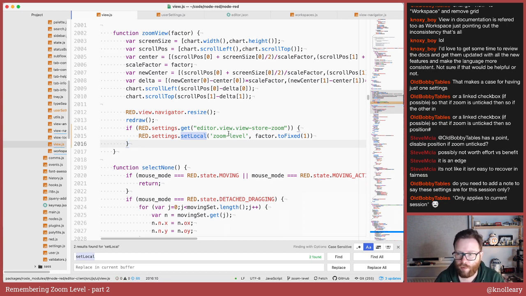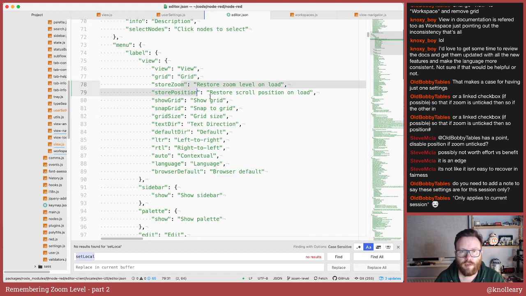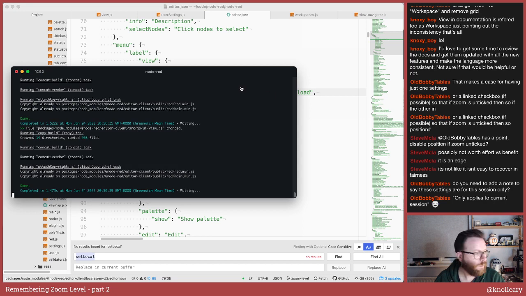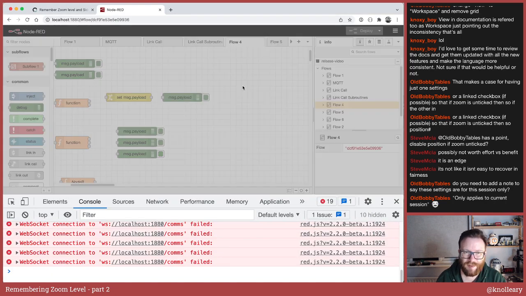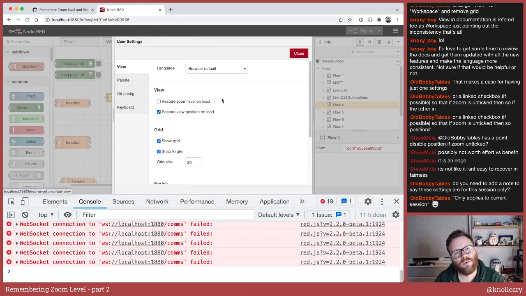So we're only going to store this stuff if those options are ticked. So there's going to be a little quirk if you enable the feature. Yeah, because we never clear it.